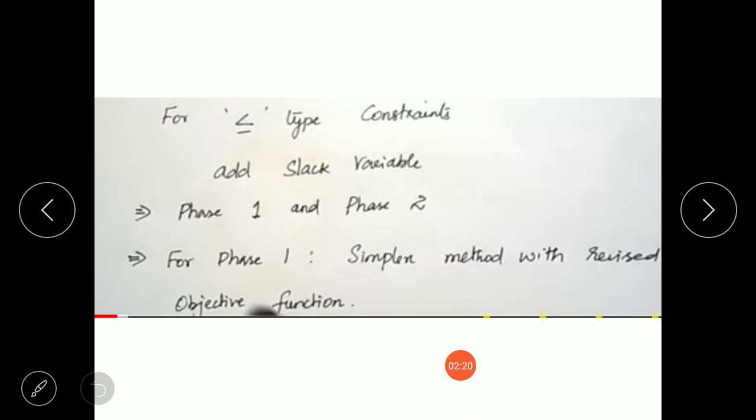Now this two-phase method, as the name implies, consists of two phases, phase 1 and phase 2. In phase 1, we'll apply the same simplex method that I told you in my previous lectures, but the objective function here will be revised.